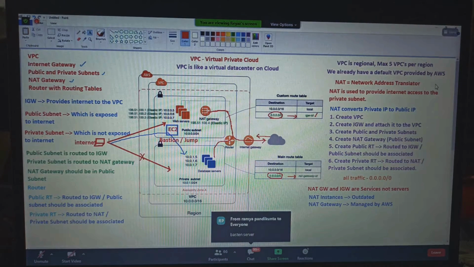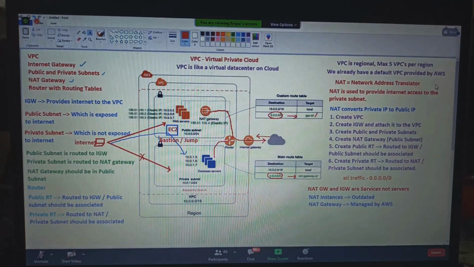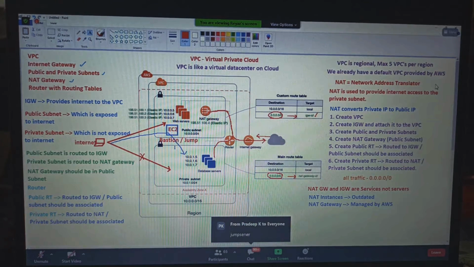So if you want to connect from internet to your private subnet, directly you cannot connect. You can launch one EC2 instance in the public subnet. You can log into that EC2 instance, and from there you can connect to the private subnet. Guys, all these things we will be doing in the lab. Did you understand Bastion server? So if I ask you, from internet, how do I connect to the private subnet? You should say, sir, through Bastion server or jump server we can connect. Where should you create this jump server? In public subnet.